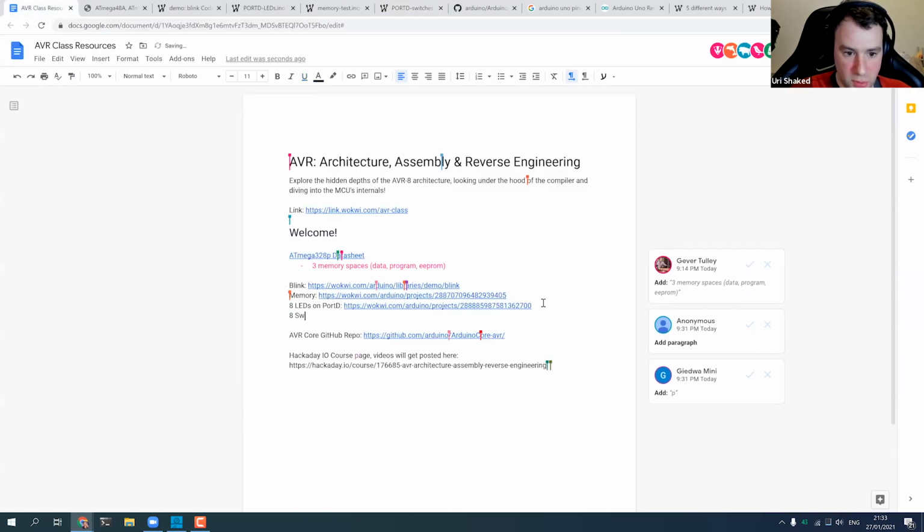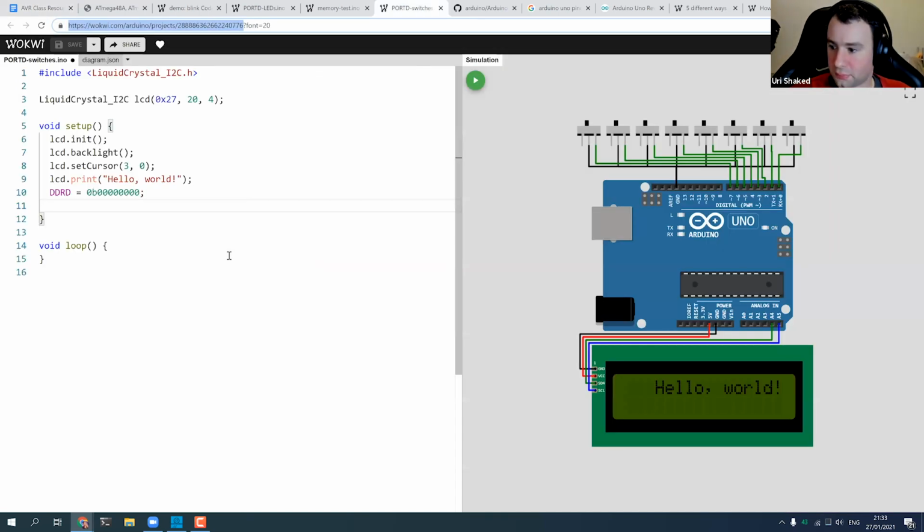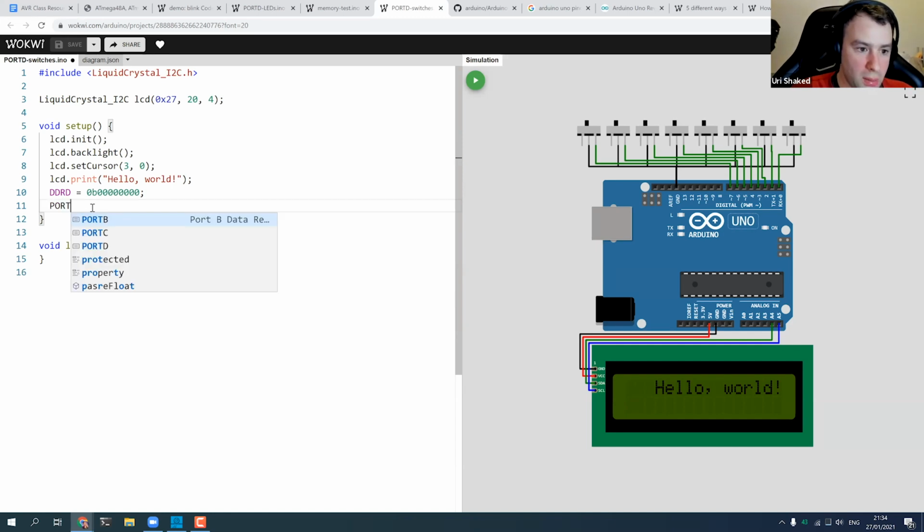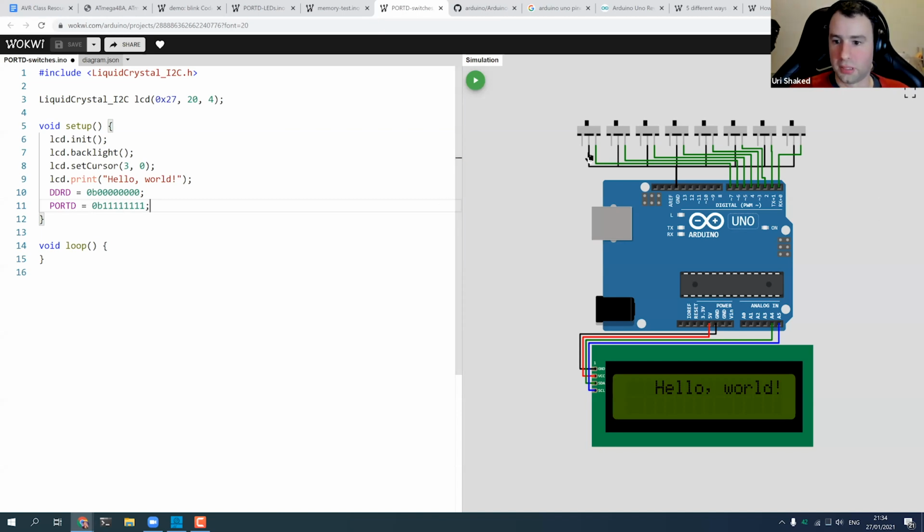So in order to enable the pull-up resistors for the 8 switches, we just need to write to port D and set all the bits to 1 for all these pins.